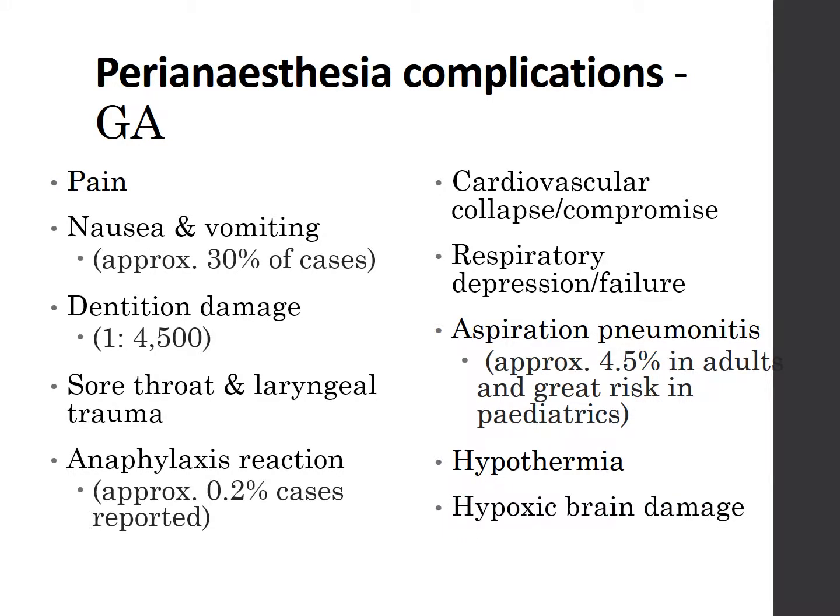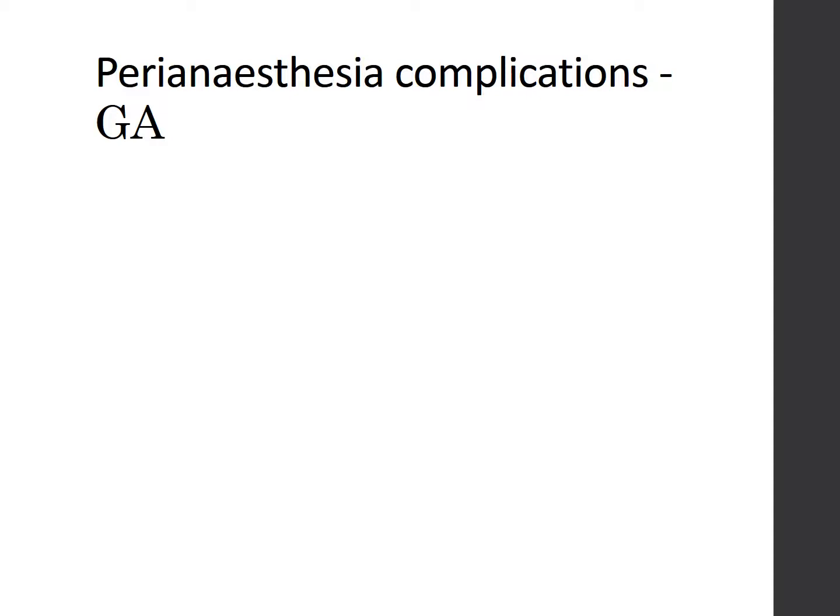Hypoxic brain damage, hypoxia in itself being a significant complication. However, if it's left unaddressed, that could also deprive the brain tissue, and the brain damage could prove irreversible and quite significant as an outcome. Other risks of GA: nerve injury, particularly nerve injury to the limbs. This again relates to the type of patient, type of surgery, and type of positioning. For example, an elderly person versus a younger person in prone position, and the type of nerves that could be